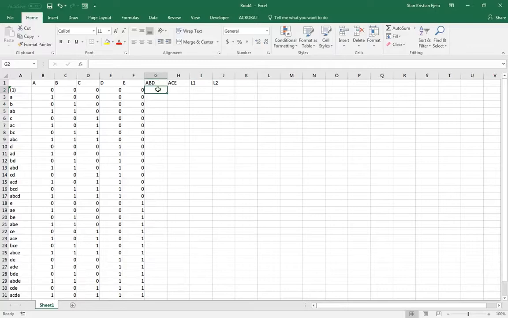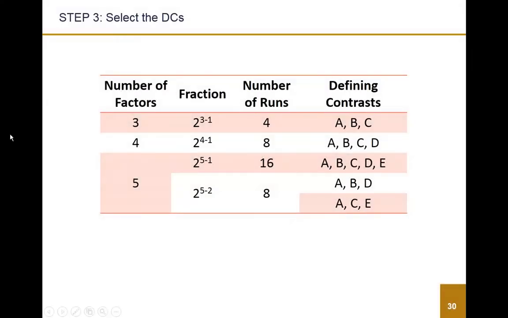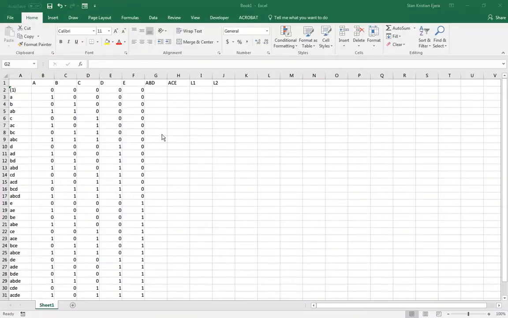Similar to what we did in the first example we showed in class, wherein we had only one L value. What I showed in class was the 2 to the 4 minus 1. We were reducing 16 treatment combinations into 8 treatment combinations, and our defining contrast was A, B, C, and D. So back then it looked like just the sum of all the rows of A, B, C, and D. This time, since our defining contrasts are ABD and ACE, what we actually do is,